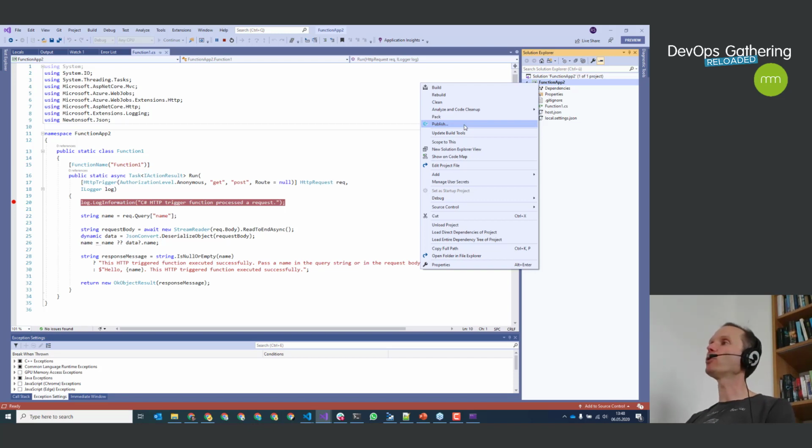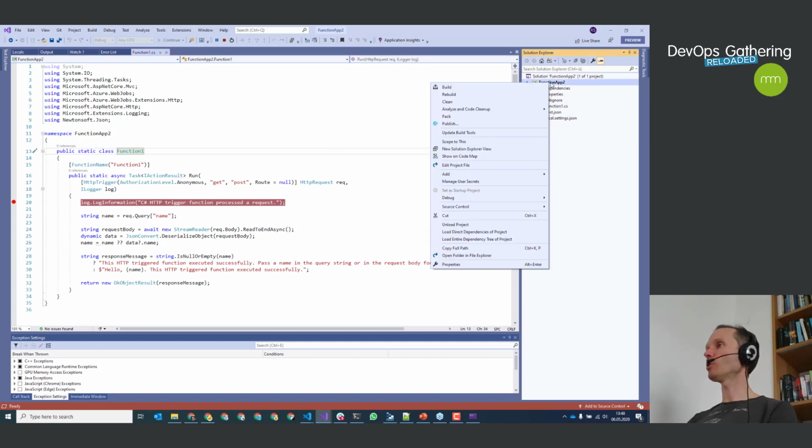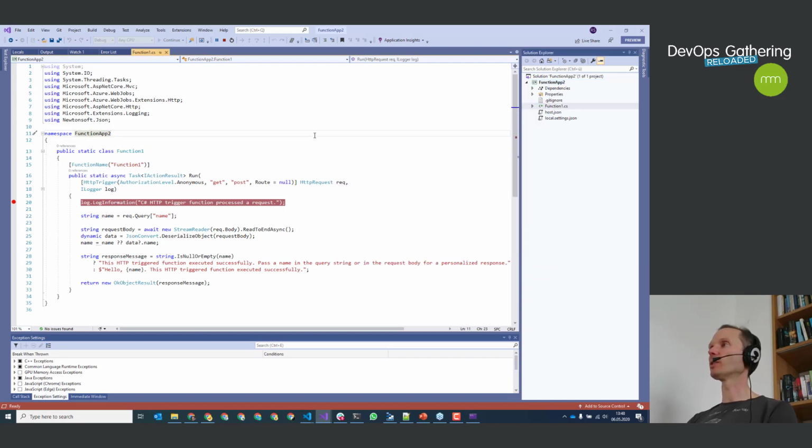The other way is I could add continuous integration and continuous deployment, where I have build servers that build my function, run some unit tests, and then trigger the deployment from my build server. This is out of scope for today's demos. Or, third version, I can also click here and add, for instance, Docker support to my project in order to build a Docker container image, and then I can use my own Docker image to run my functions. So this was the Hello World demo.